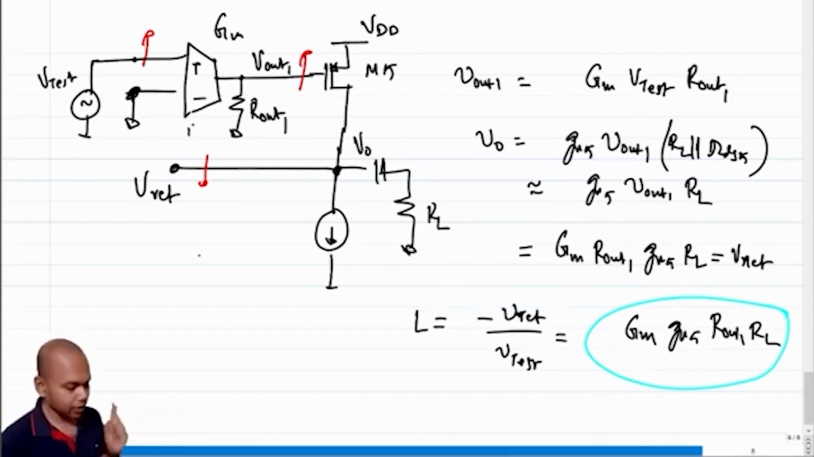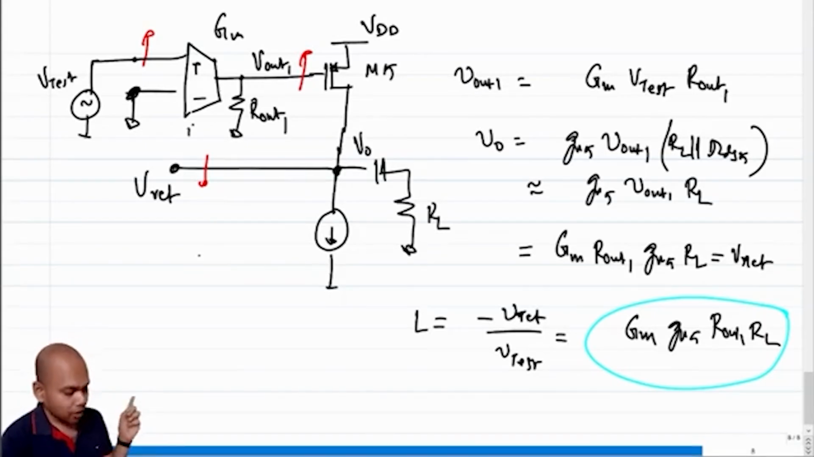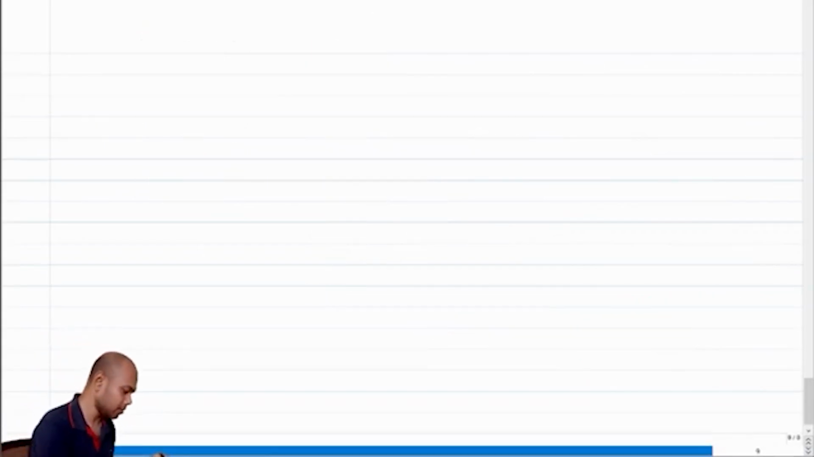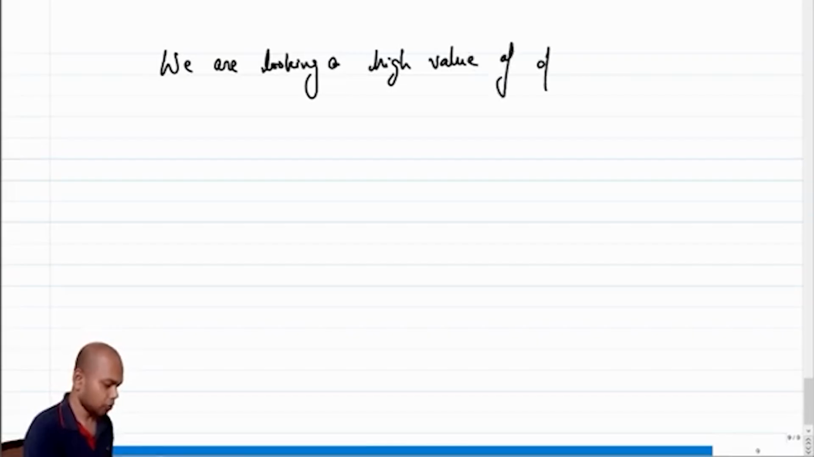Now again, a quick reminder, I have to emphasize the fact that we are not looking for a precise value of loop gain. We are looking for a high enough value of loop gain. Why? We are looking for a high enough value of this loop gain or the open loop gain so that we have a precise value in the closed loop gain, right? So this is important. Let me write this down. We are looking for a high value of open loop gain